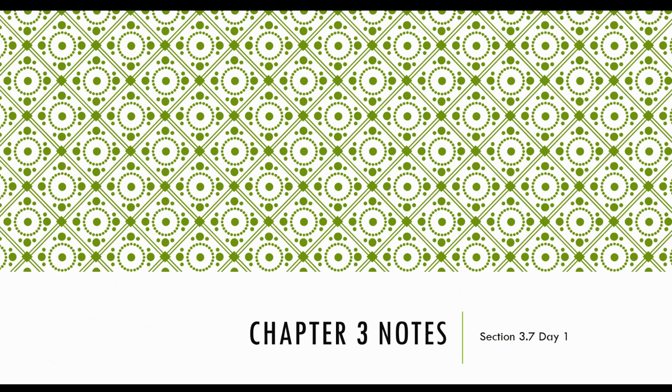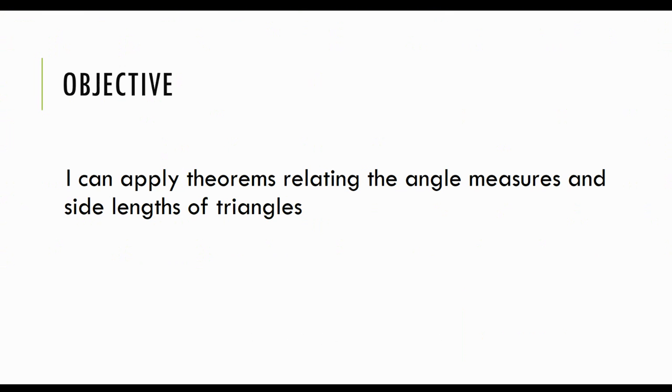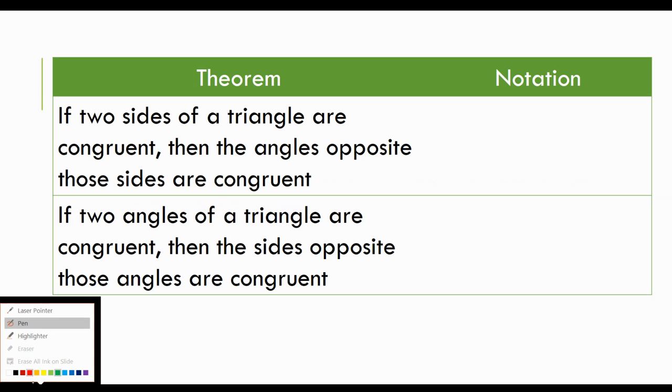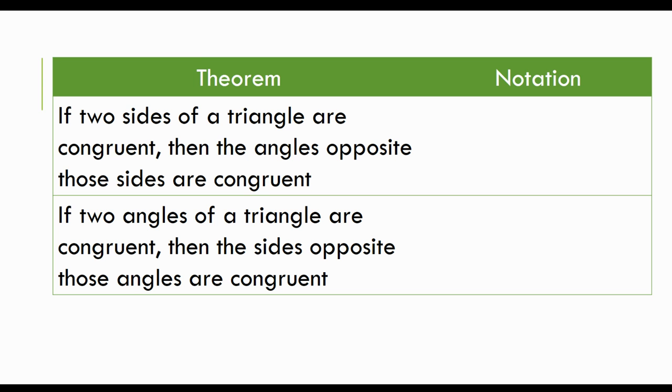All right, so that's going to take us to the section that we're looking at today, which is section 3.7. We're going to apply theorems relating the angle measures and the side lengths of triangles. So let's talk about a couple of theorems here. So we have a couple of if-then statements. So the first statement says, if 2 sides of a triangle are congruent, then the angles opposite those sides are